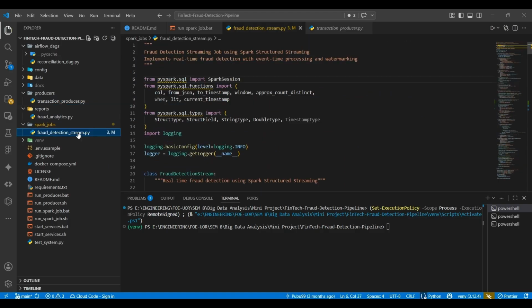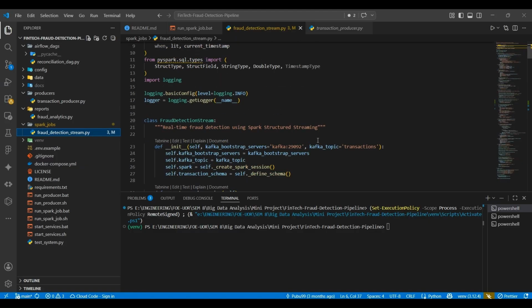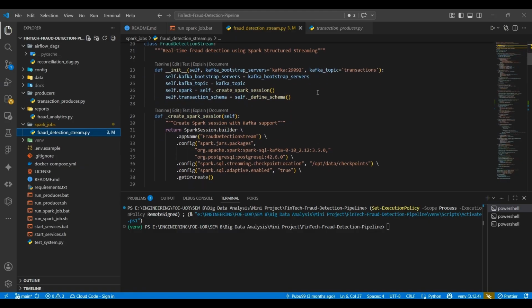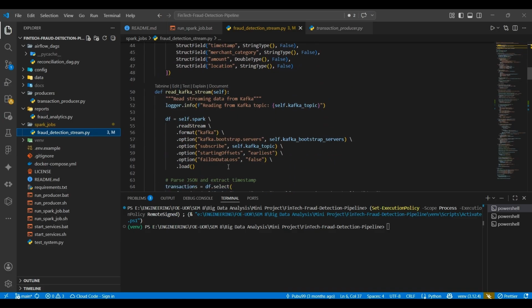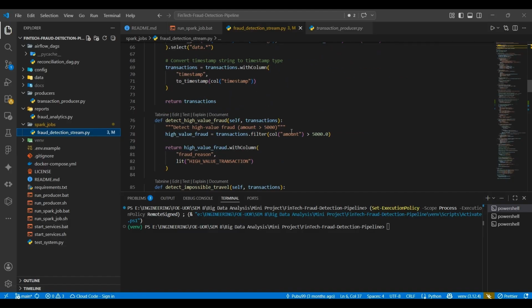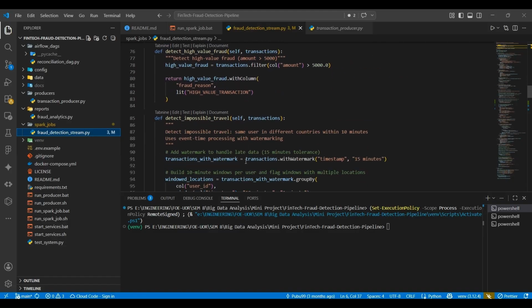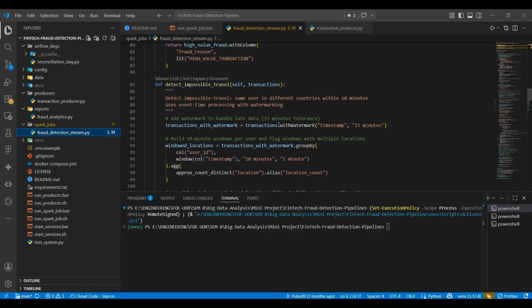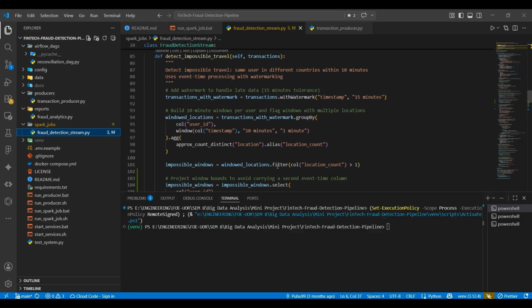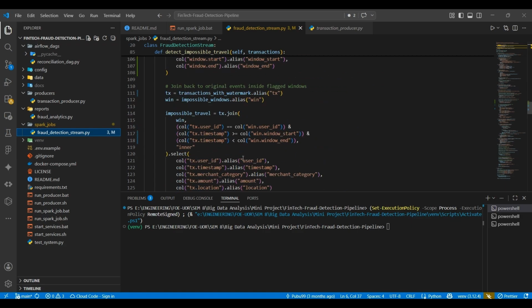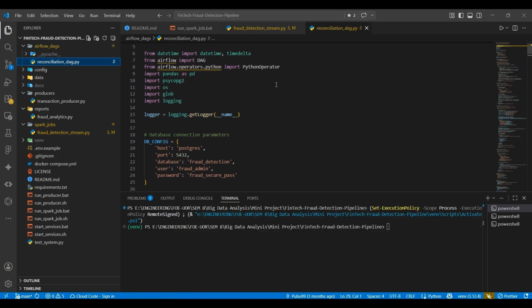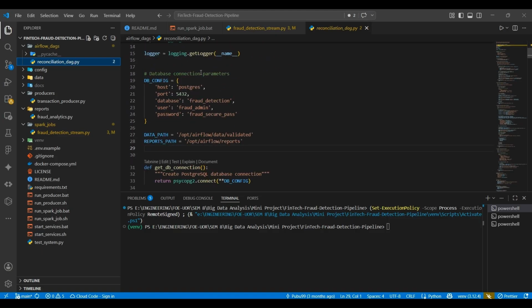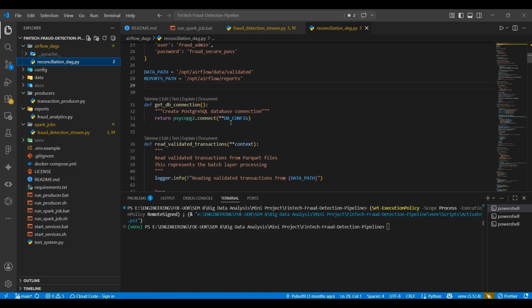Here is my consumer, the fraud detection stream Python file, and I am defining the transaction schema and reading the stream. If the amount is more than $5,000, it is detected as high value fraud. Also, things are categorized as impossible travel or amount. Also, I used Airflow for DAGs and similar operations, and I configured the DB and